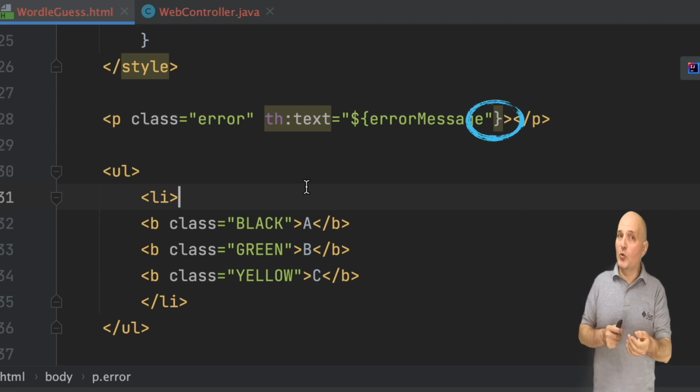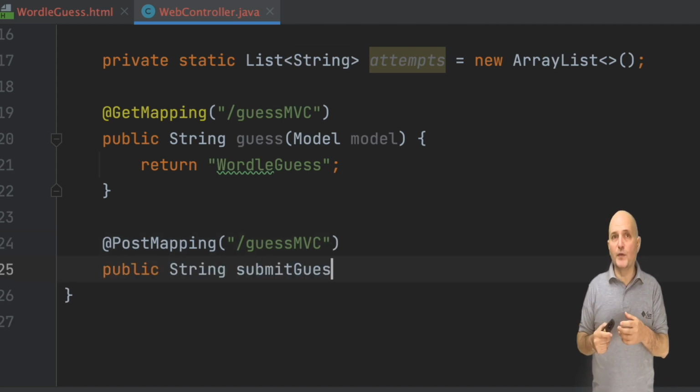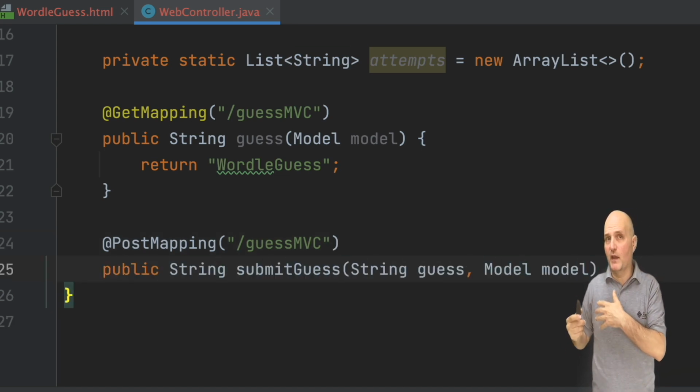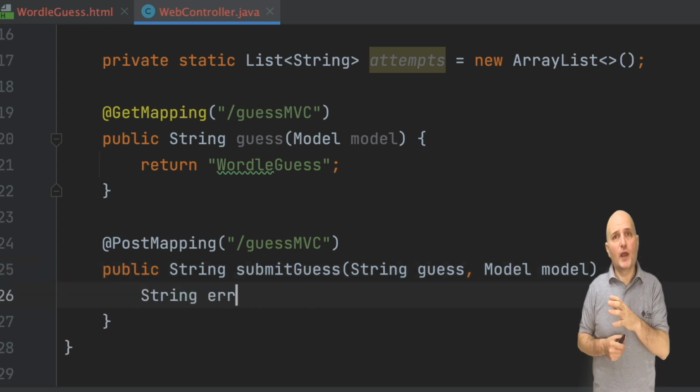Let's move into the controller code and see how we can map the error message and the post. Since this is a post method, we create a new post mapping entry to grab the HTTP post. This works very similarly to the get mapping. Notice I pass an argument for the guess text field, and Spring is smart enough to understand that if a request includes a field named guess, it will pass it as an argument to the method. There is a lot going on under the hood here to enable that behavior.